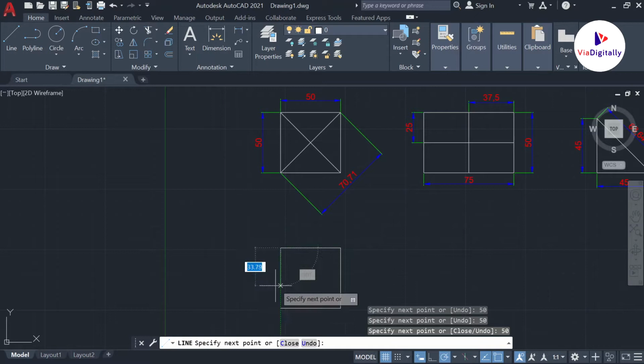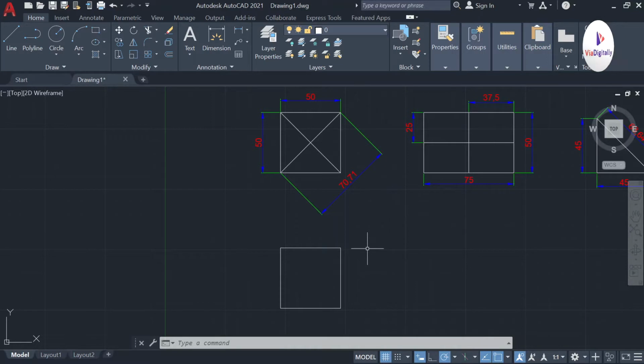As I told in the last class, I can close this shape by simply joining the first and last point manually, which is exactly 50 centimeters again. I can also use another command which AutoCAD has coded for us to make it very easy. I just need to press C and press enter. It is going to close the first and last point, and it is going to come out of the command.